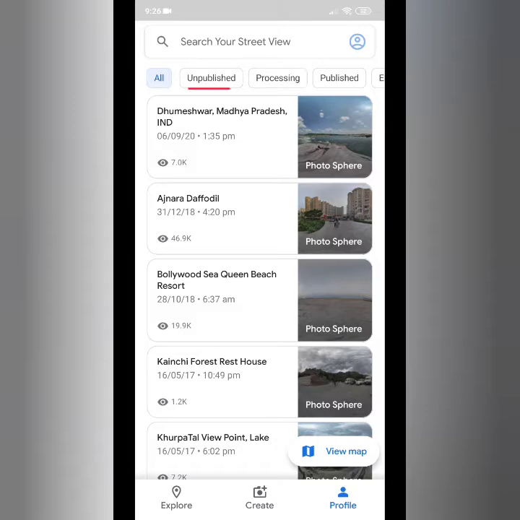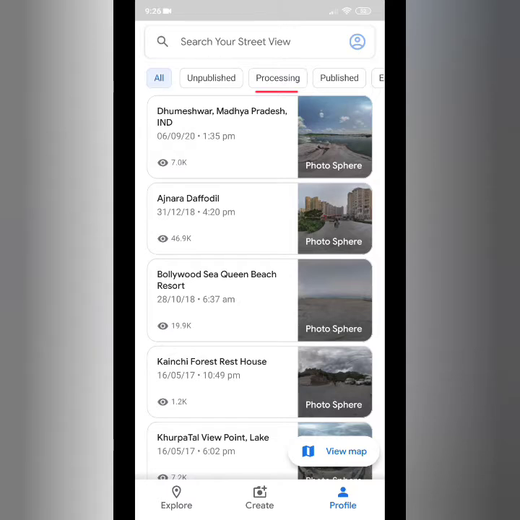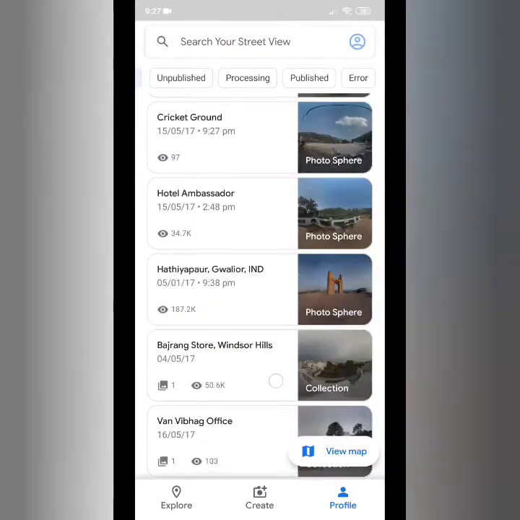Next is unpublished. Unpublished means that a picture has been captured by you but it is not published, it is in your gallery, so it will come under unpublished. Second is processing. It means that you have captured it and processing is going on, and it will come under processing. Next is published. Published means that you captured it, processing is done and it is finally published, so those images will come under published. So as you can see, all the images have been